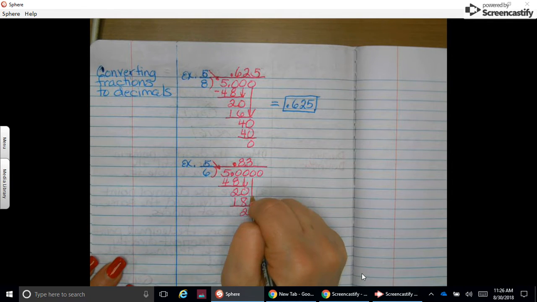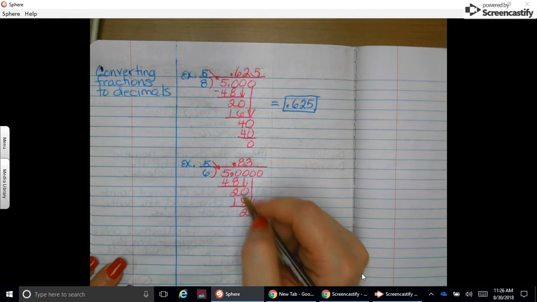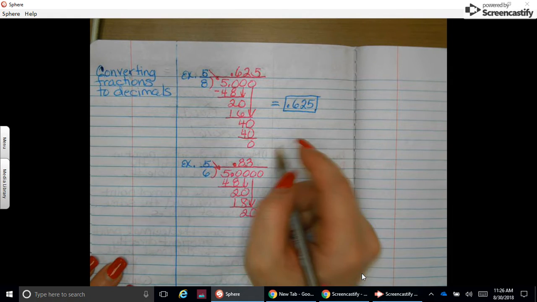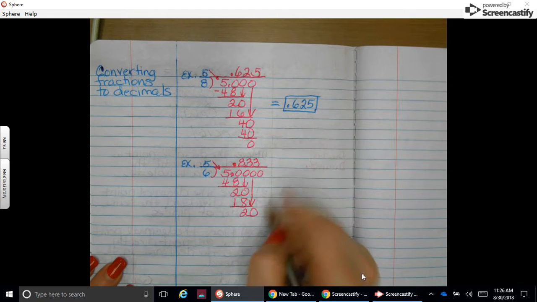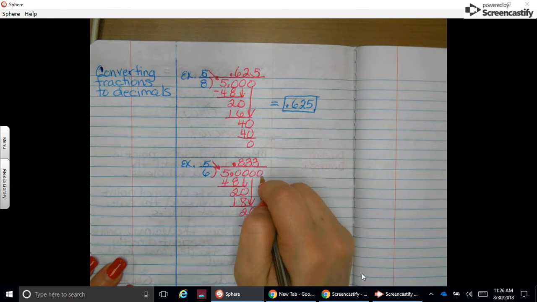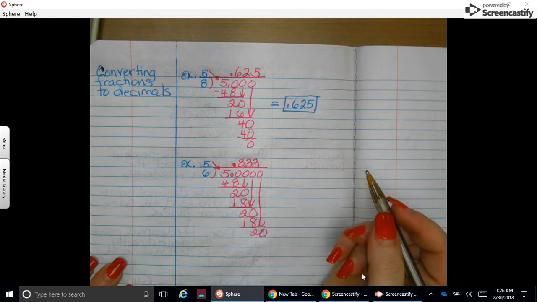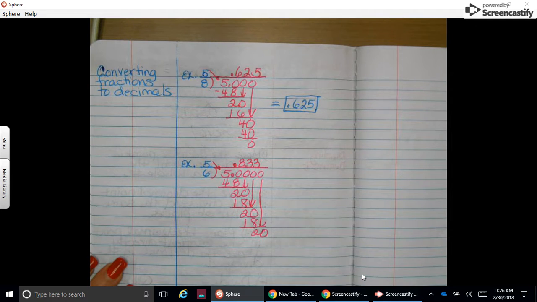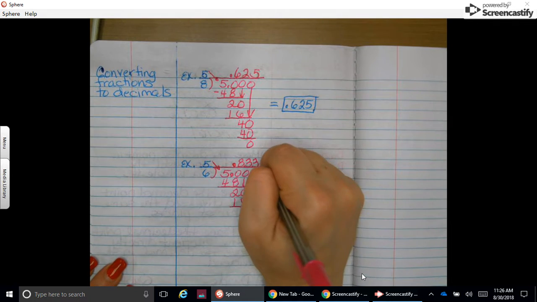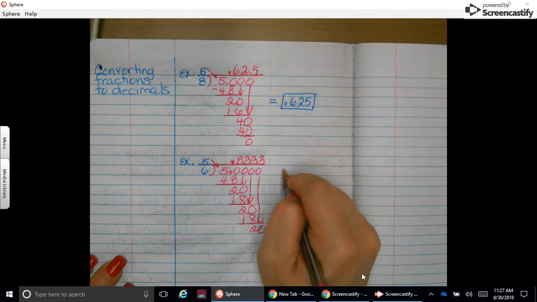I'm going to carry this 0 down. I've got another 20. How many times does 6 go into 20? 3 times. Gives me 18 with 2 left over. I'm going to bring that 0 down. I've got 20. How many times does 6 go into 20? 3 times. Are you seeing a trend? A pattern? Yes. So, the answer equals